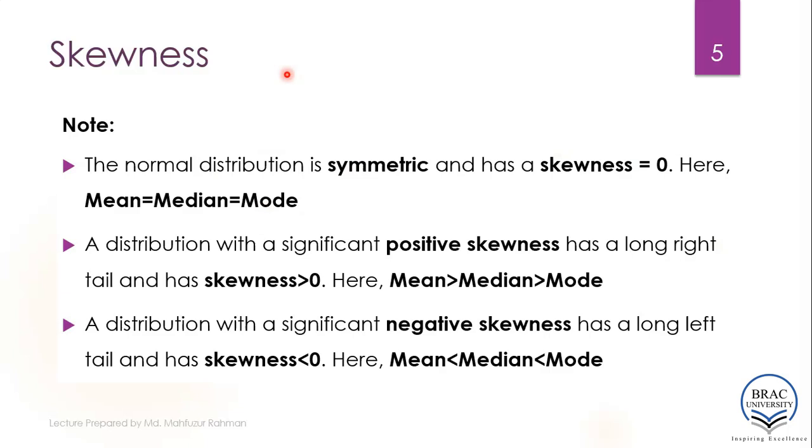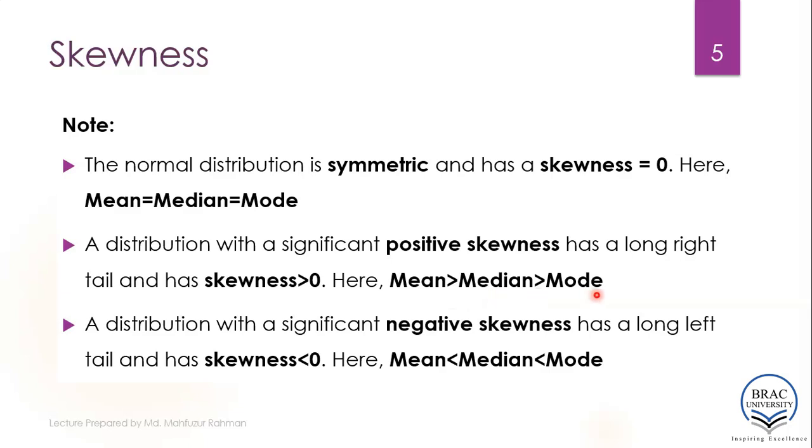So if we take the summary here, the normal distribution, which is the symmetric or the bell-shaped curve, has skewness 0. That means there is no skewness at all, and here mean, median and mode are equal. A distribution with a significant positive skewness has a long right tail, with a skewness greater than 0. That's why it's called positively skewed, or right-tailed, or right skewed distribution, where the mean has a larger value compared to